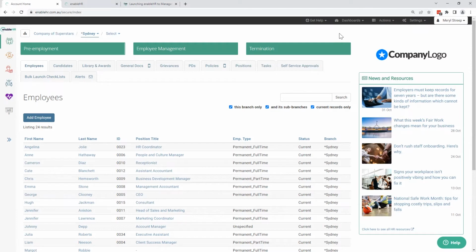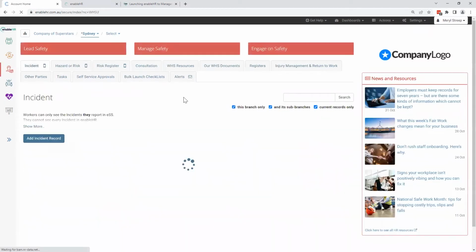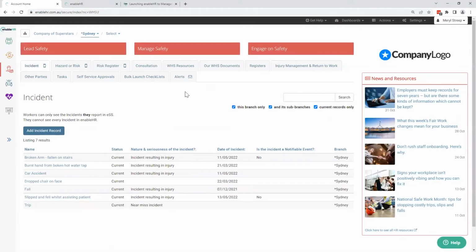If you have access to our Work Health and Safety module, which you can see just here by the red hard hat icon, your setup items may vary depending on how much you're planning to utilize this area of the system. As an overview of this section, you'll see that the workflows have changed color to match the color of the module. So these have turned into red, so you can easily identify that you're not in the employee management module